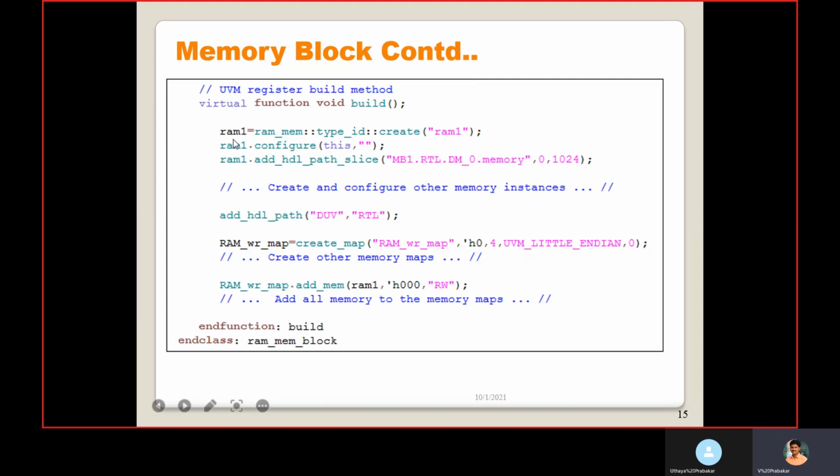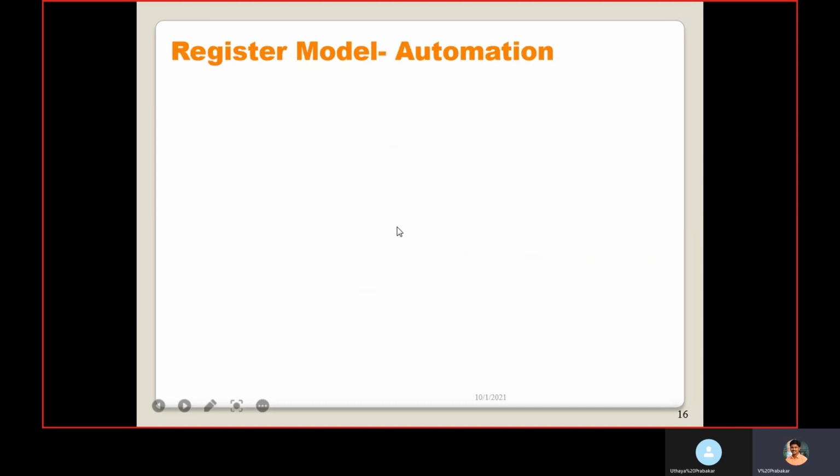For example, RAM1, here we have that memory that is added to the map. So RAM write map, with the help of the add mem method, we are putting this memory, RAM1, inside that map, and this is the offset, and access is read write access. So this is the way we need to create the memory model.